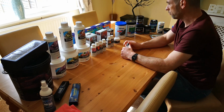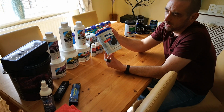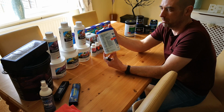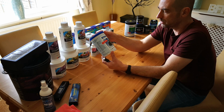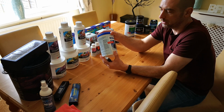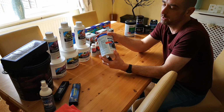What am I using for phosphate removal is Roaphos in a reactor. Probably about the best GFO you can get, I think. Whenever I've used this in a reactor, I've always got 0 readings of phosphate, which I might add, I have changed recently. I do want a tiny reading of phosphate, sort of